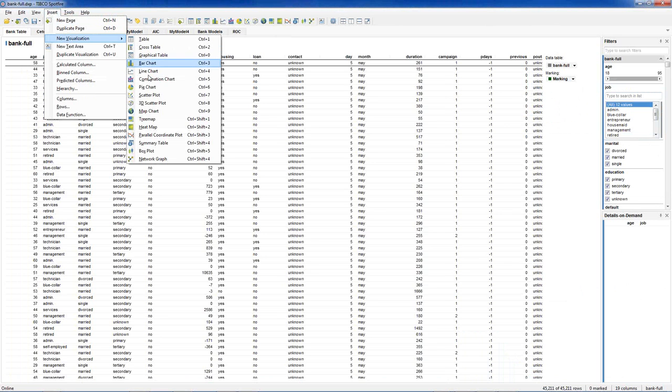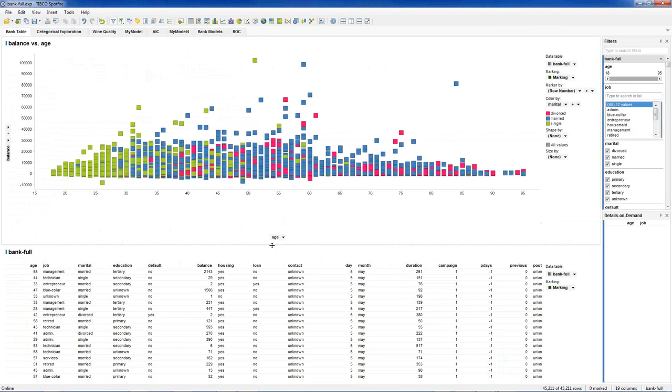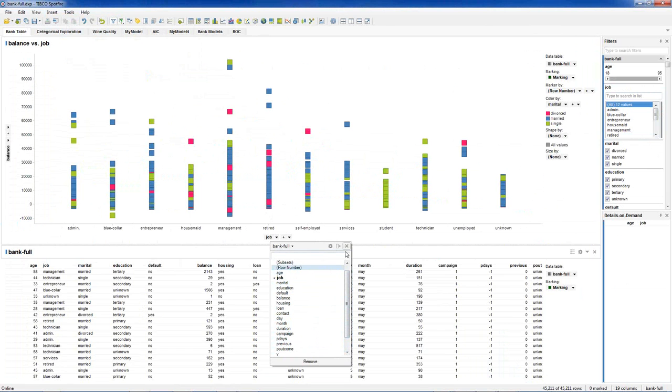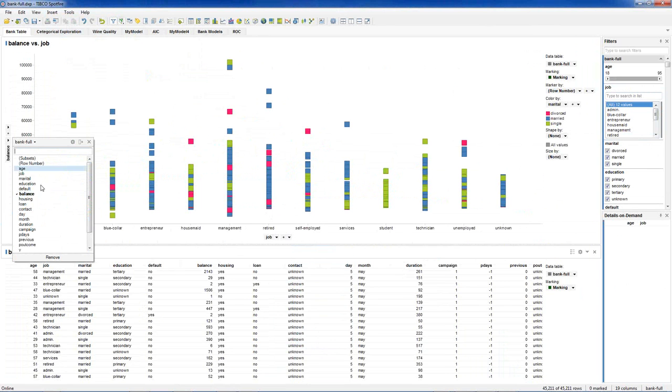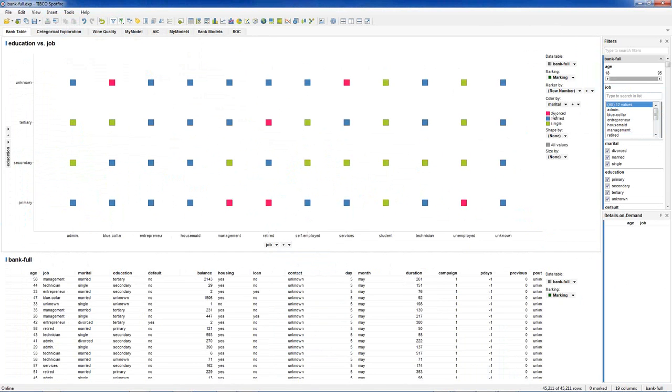So what I'll do is another visualization. This one will be a scatter plot. And we'll look at job versus education. Okay. And it's colored right now by marital status, right? So in general, the only color you see is the last points. There's tons of points behind the scenes.